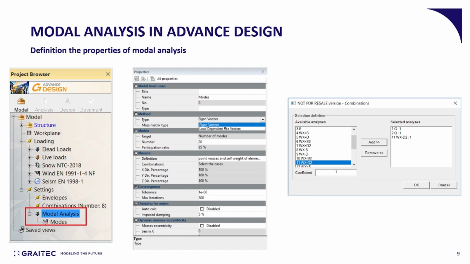And also, there is the option to allow for the dynamic masses eccentricity. Basically, the Eurocode suggests to allow for some dynamic masses eccentricity, an accidental eccentricity of 5% in each direction for safety. And on the last image, you can see the